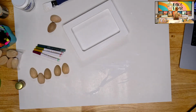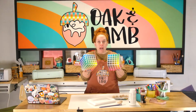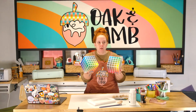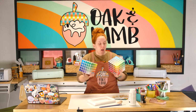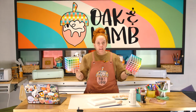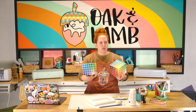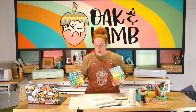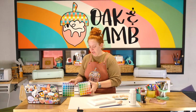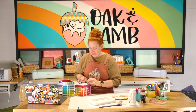Also, if you have trouble with color pairing, you can go to me for a second. These are great tools. These are phenomenal tools. We haven't talked about these in a long time. I know some of you have gotten them and don't use them. And that's a personal thing. Like any tool that you have in your craft room, if you don't actually try to use it, you're not going to. But if you have trouble with color pairing, then this is a super fantastic tool, because it has